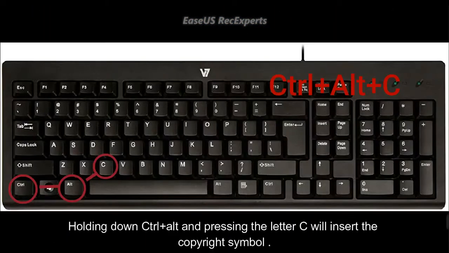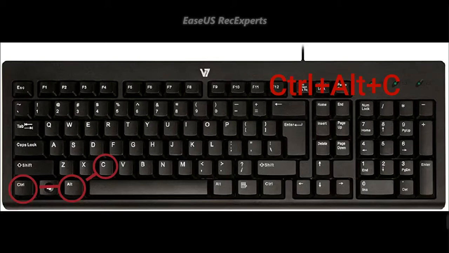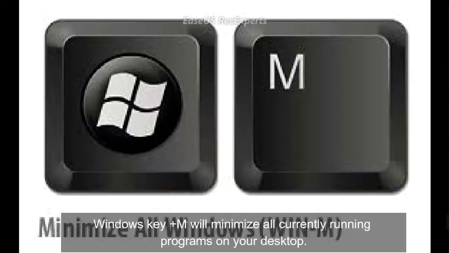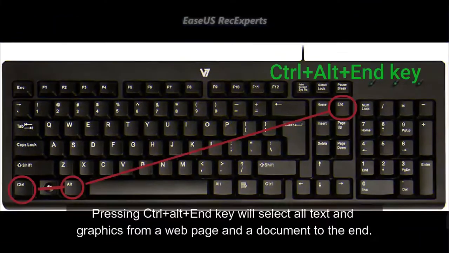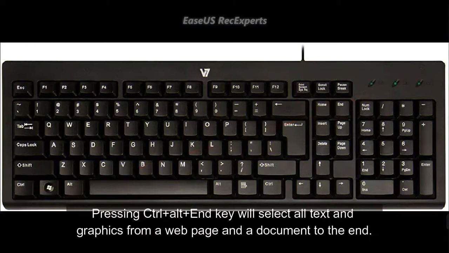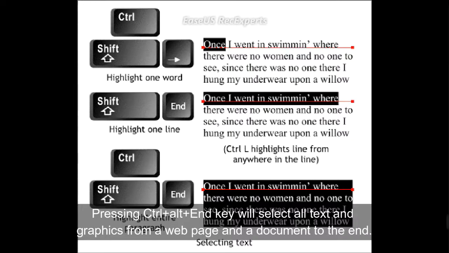Holding down Ctrl plus Alt and pressing the letter C will insert the copyright symbol. Windows key plus M will minimize all currently running programs on your desktop. Ctrl plus Shift plus End will select all text and/or graphics from the present cursor position to the very end